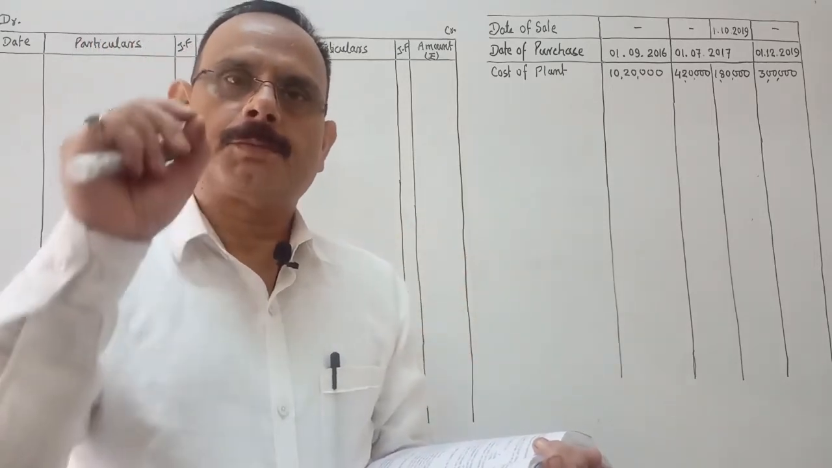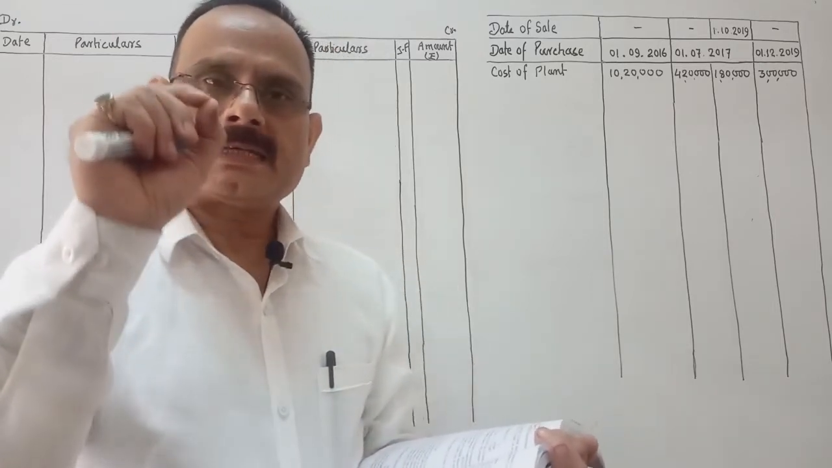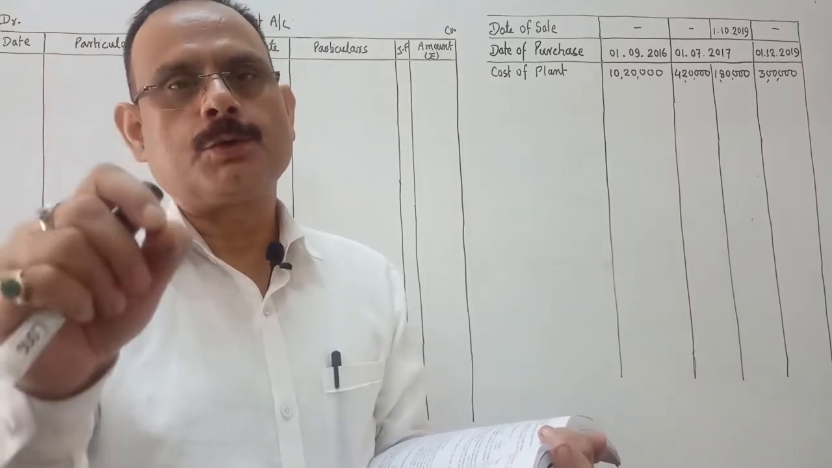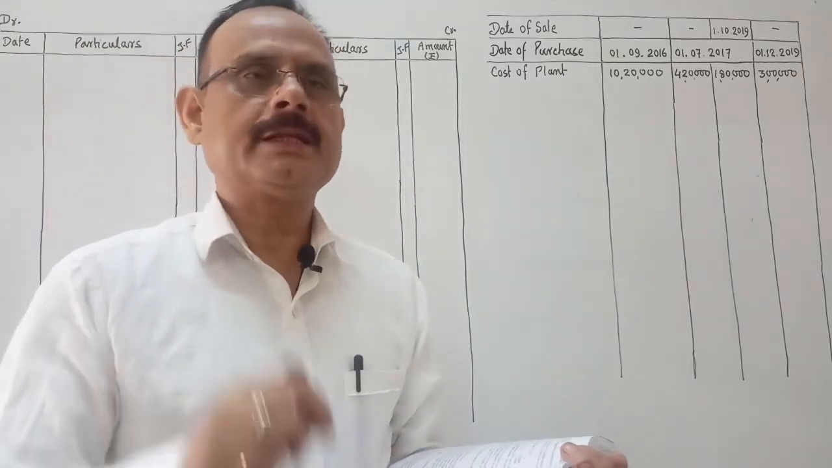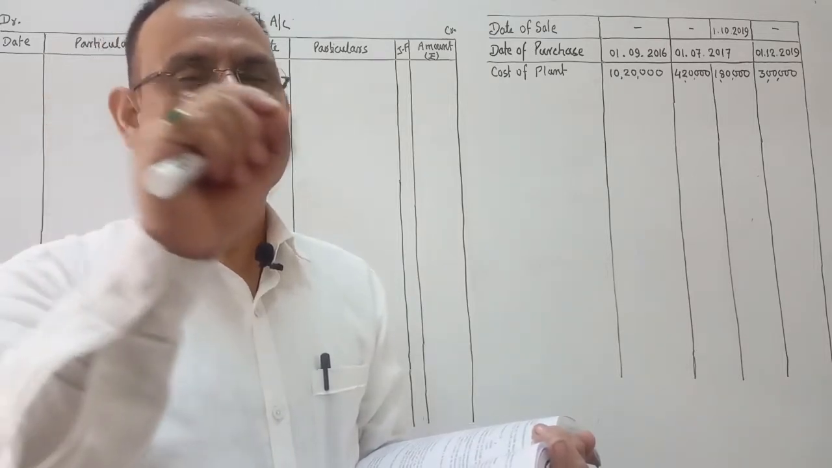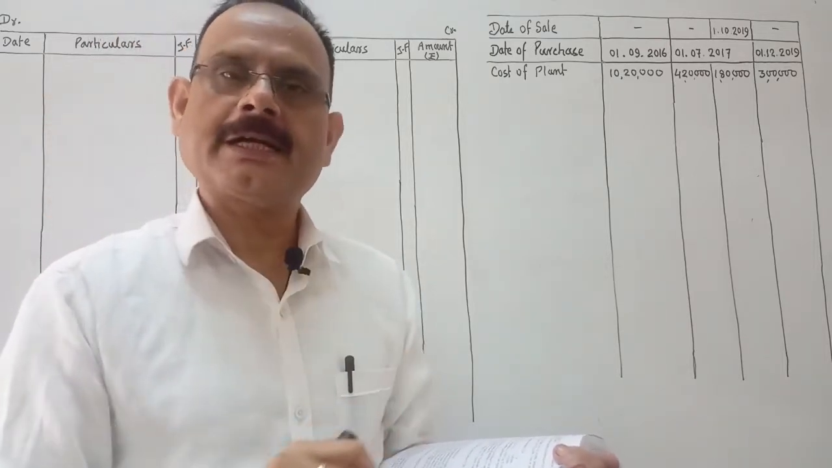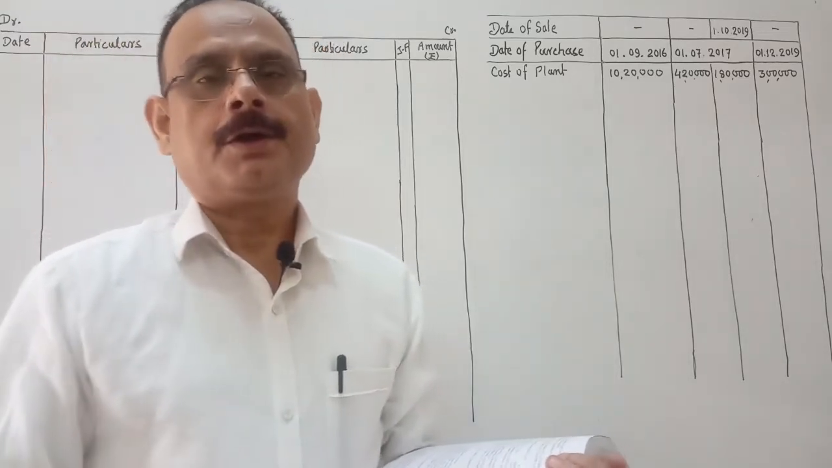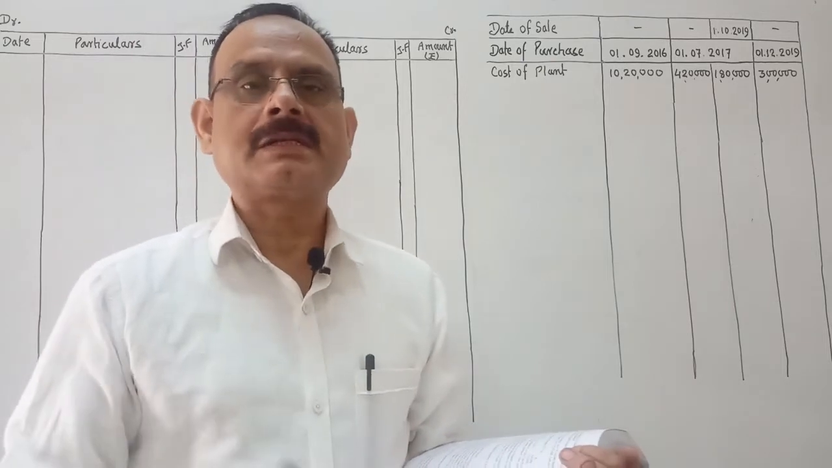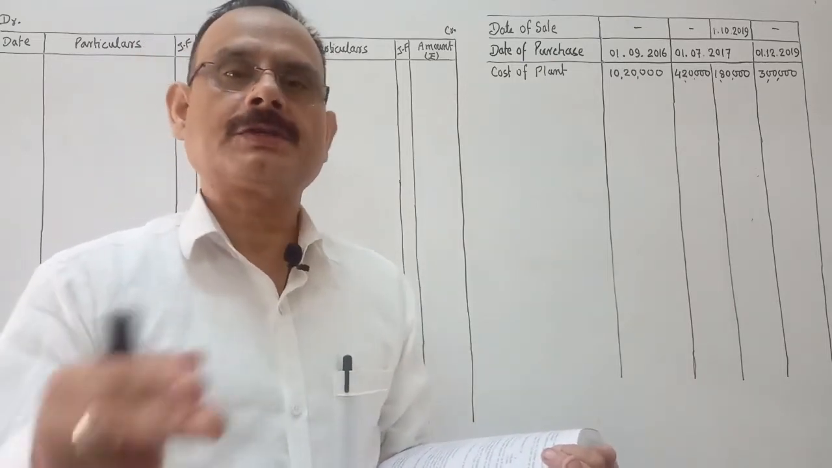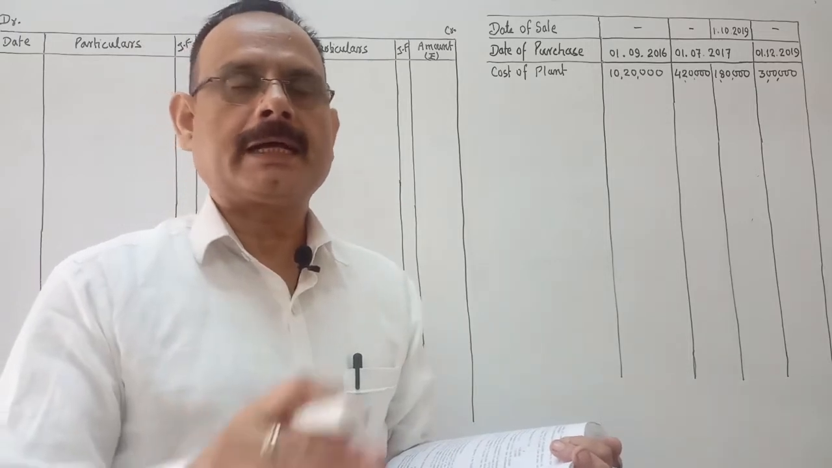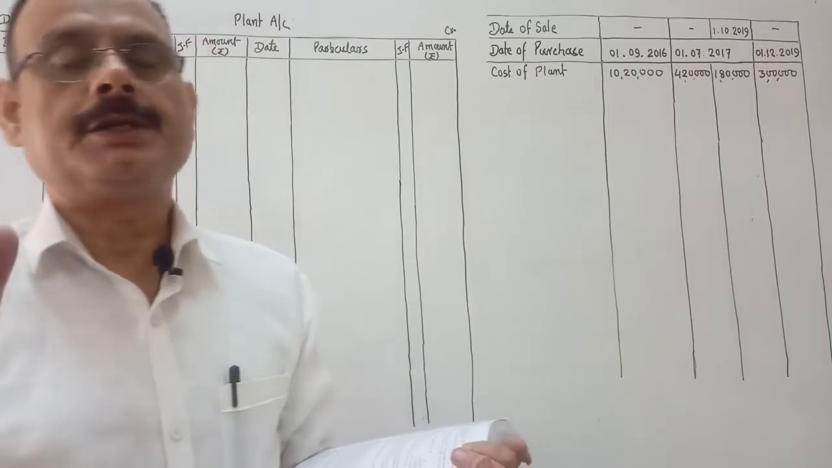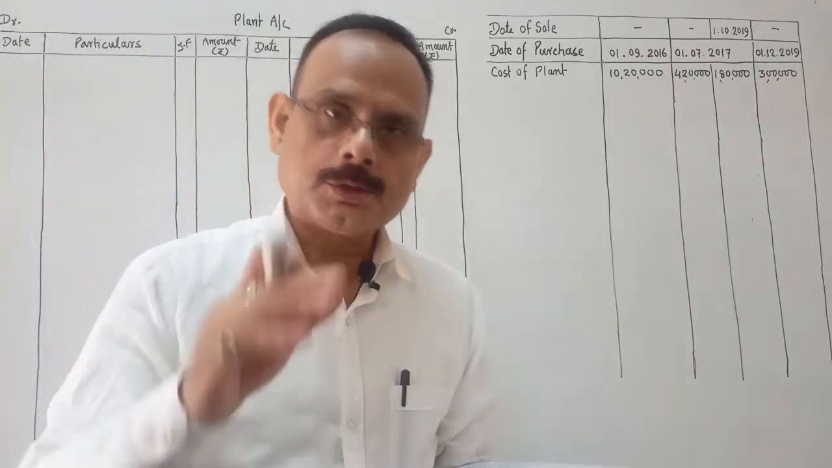Okay, so here the problem is related to assets disposal account, how the assets disposal account will be operated by us. When the question says you prepare the assets account, provision for depreciation account and assets disposal account, this is another way of recording profit or loss on sale of machine, and for that a separate account will be prepared, called assets disposal account. So the question is,